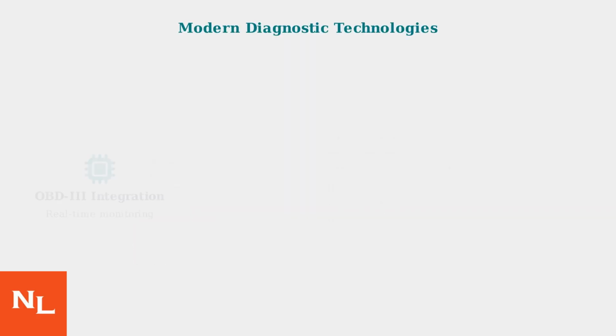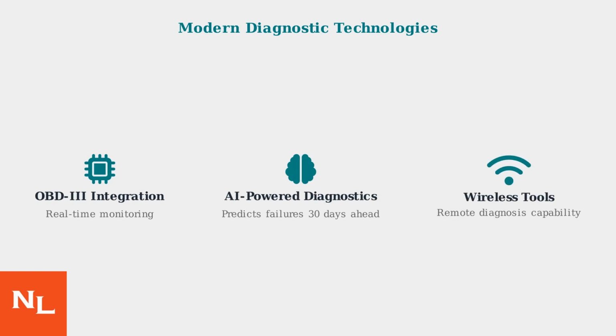Modern vehicles use advanced diagnostic technologies including OBD3 integration for real-time monitoring, AI-powered diagnostics that can predict failures up to 30 days in advance, and wireless diagnostic tools for remote monitoring and diagnosis. Understanding these warning lights and their common causes helps you make informed decisions about transmission maintenance and repairs, potentially saving